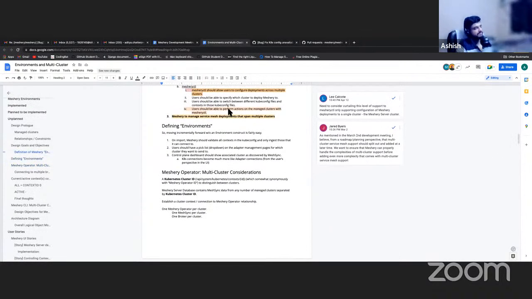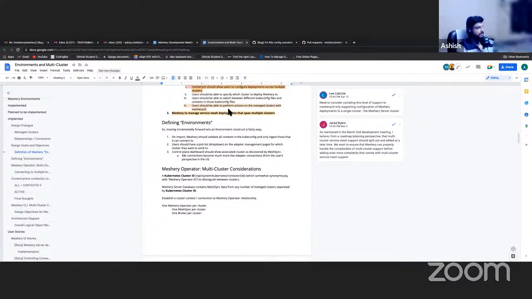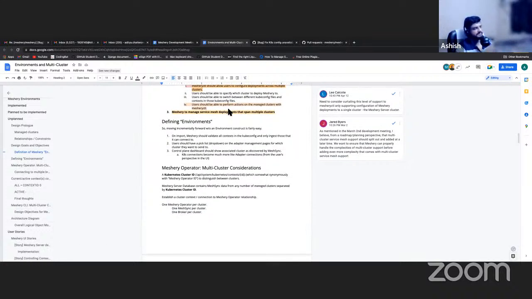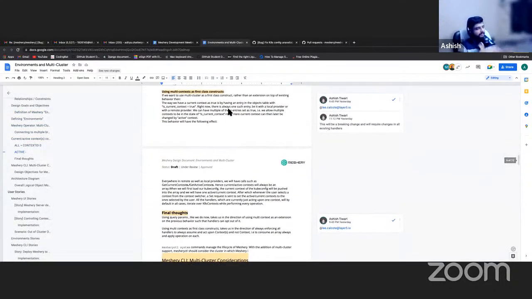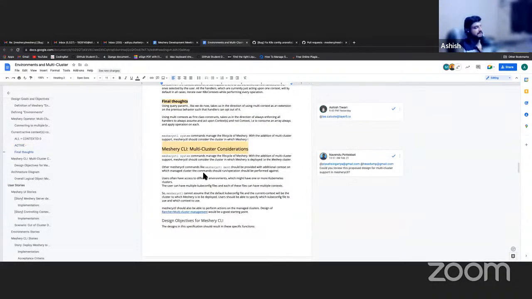So in Meshery CTL also, we would need this change to be propagated, and there are some other considerations as well. I think there was another doc related to how Meshery CTL is being affected by this, and I think this was merged here. So the discussion of Meshery CTL is here. For the active participants who are already contributing to Meshery CTL, this would be a change in all of the endpoints that Meshery CTL hits, the addition of this query parameter. After I create an issue, if you want to help me on that, you can. And yeah, that's pretty much it. If someone has any